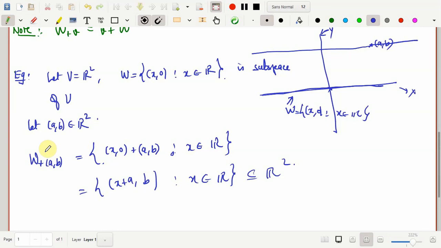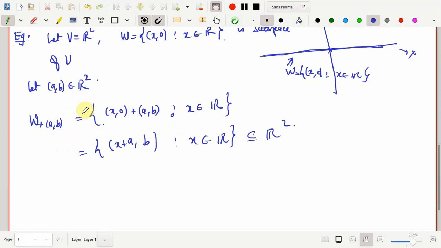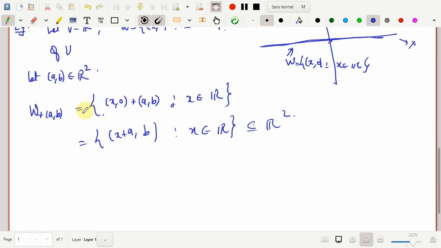One remark you may make, one observation that you can conclude, is that the coset generated by a point may not be a vector space, may not be a subspace of a vector space, right? So in fact there should be some constraint on that fixed point which is in the picture, for this coset to be a subspace, that we will see while discussing the properties of coset.